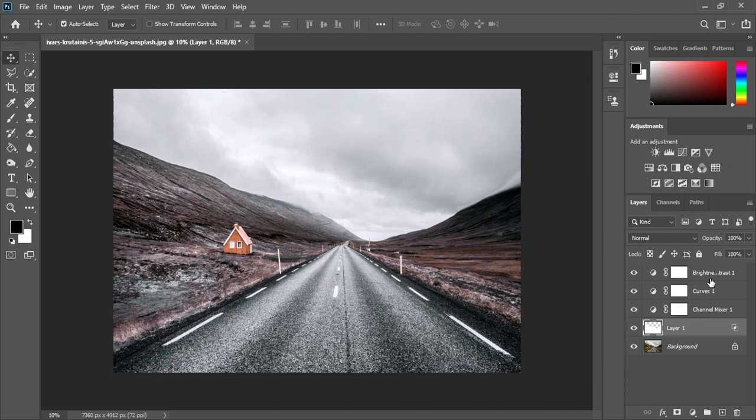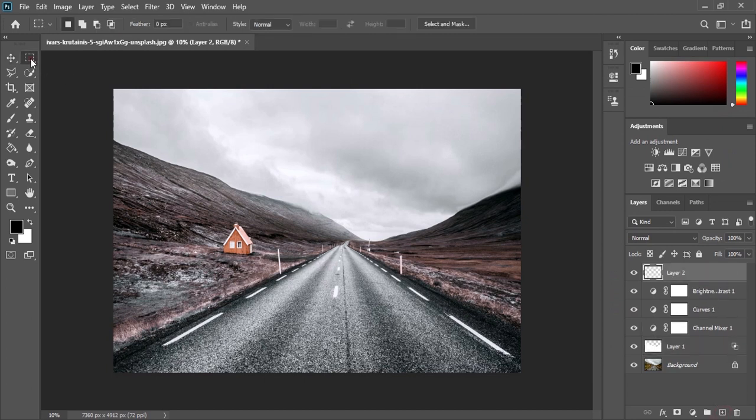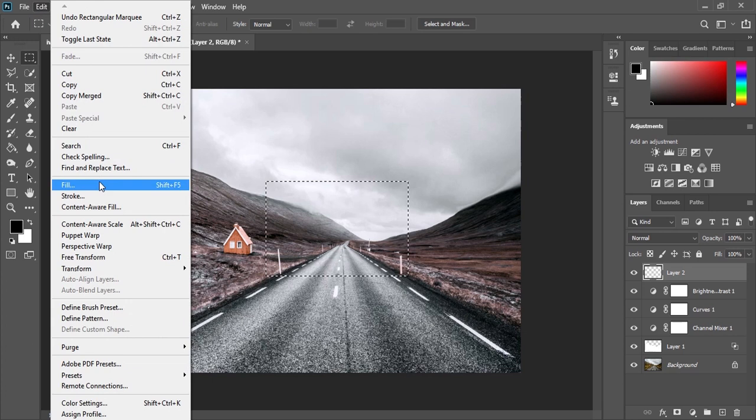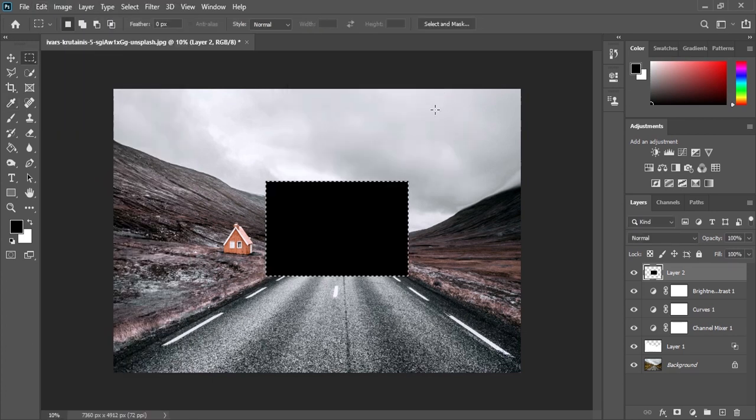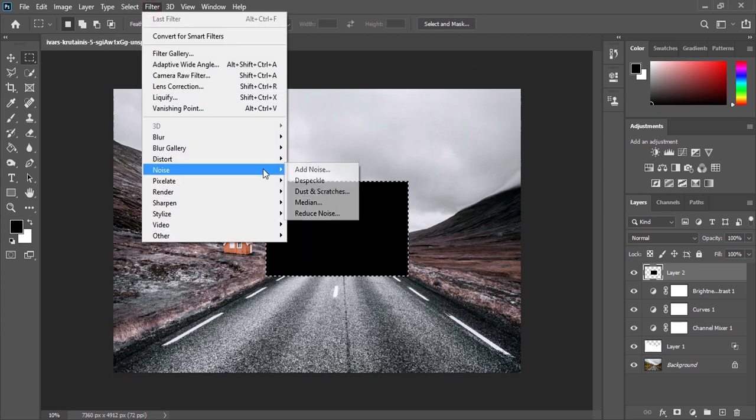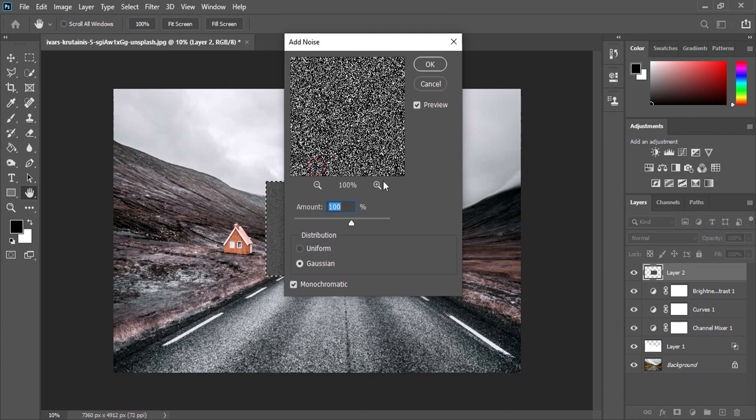Now we are going to create snowfall. Create a new layer and draw a rectangular box in the middle. Go to Edit and Fill. Select black and click OK. Then go to Filter, Add Noise, set the amount to 100%. Select Gaussian and monochromatic